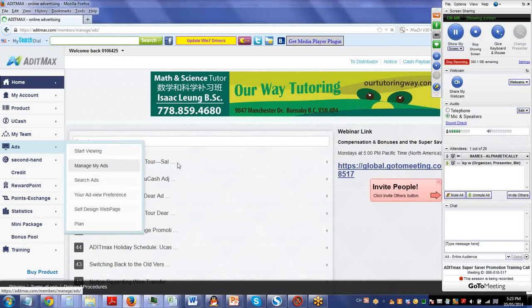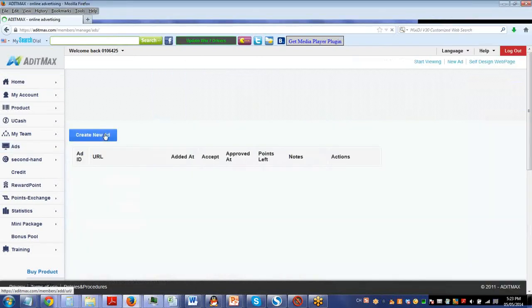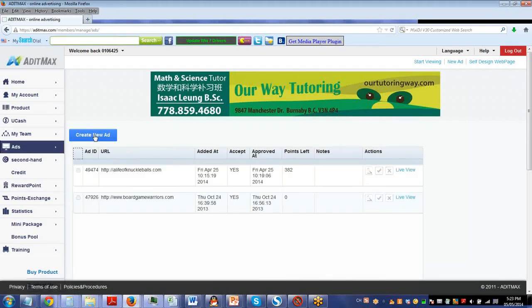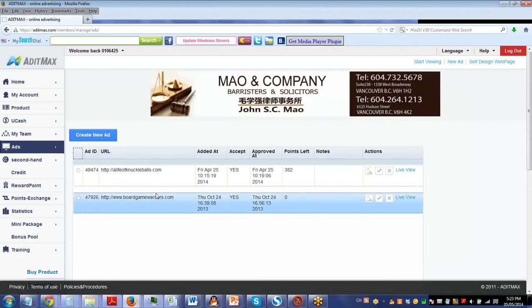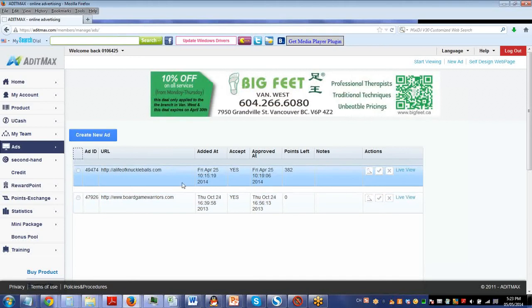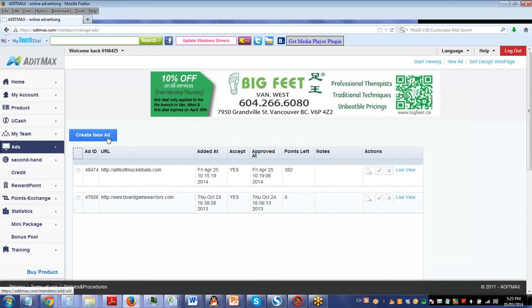All right. So on this page, what you see is that there's a blue button that says Create New Ad, and this is where you will click to create the new ad that you're going to post, because on this page you also will see other ads that you have already published on the ADITmax platform previously, and you can go ahead and edit them if you like. But today we're going to focus on creating a new ad, so we'll click on this blue button right there,